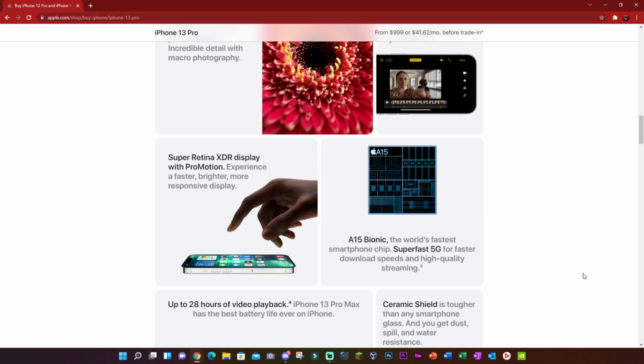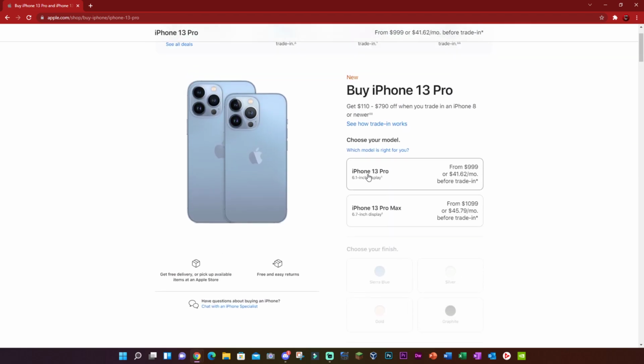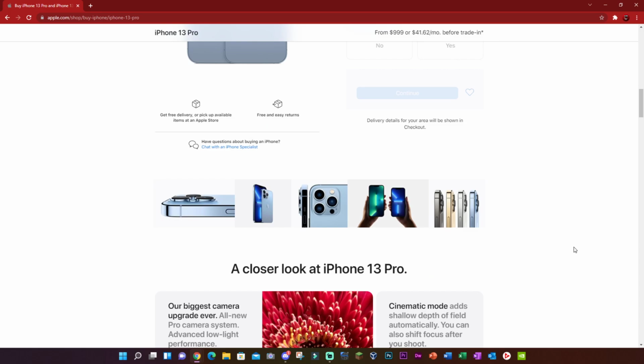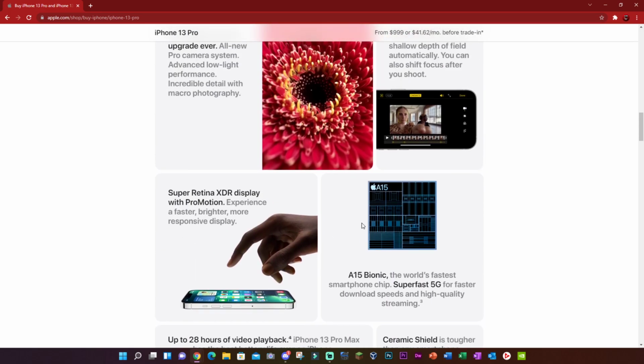It's a Super Retina XDR display with ProMotion. So that's my fault on there. They didn't specify it under here. It just says 6.1 inch display. I just said something I didn't mean to by accident. I'm sure Marcus, you know what I said, but yeah. And then you can see, as Marcus said before,